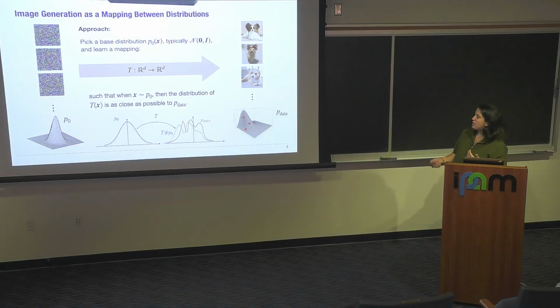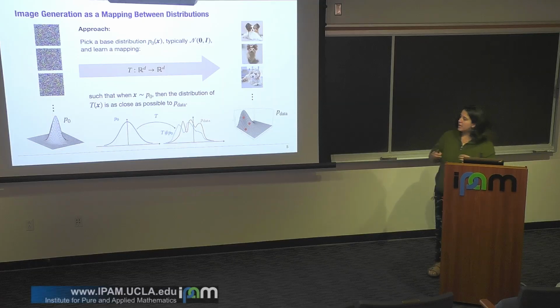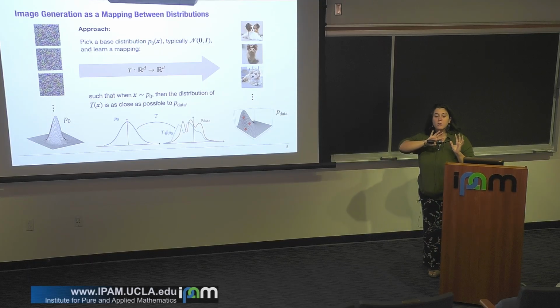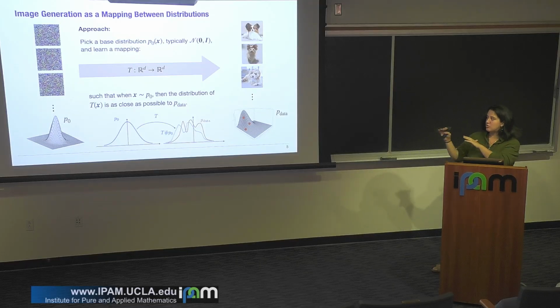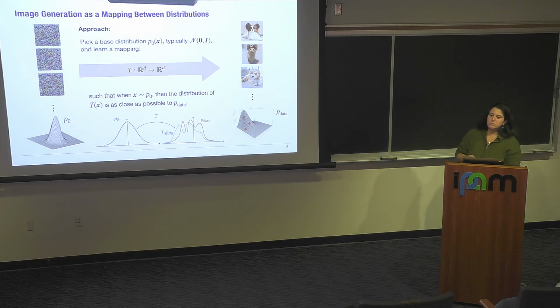And you can think of this like you are taking one distribution and you're actually learning what's called the push forward, which alters that distribution to match your data distribution. And this is, I think, more under the purview of a technique called normalizing flows. But in our case, we kind of cheat, and instead of actually learning that mapping, we just learn the velocity field that will take you from one sample in the first distribution, the easy to sample from distribution, to the distribution of data that you care about.